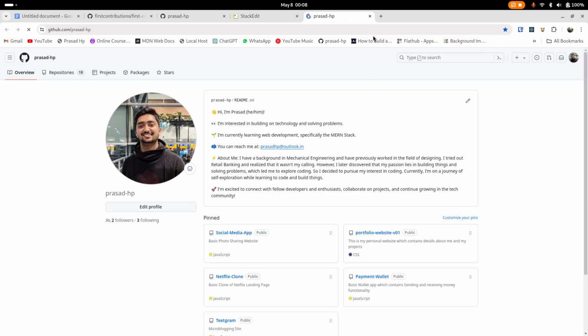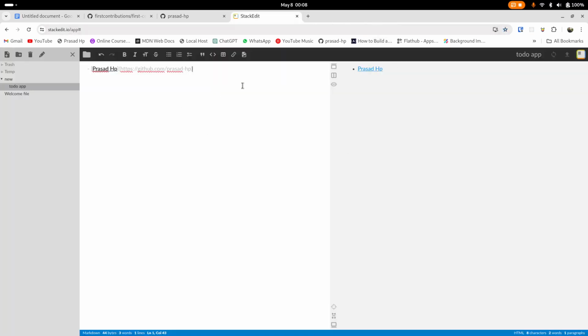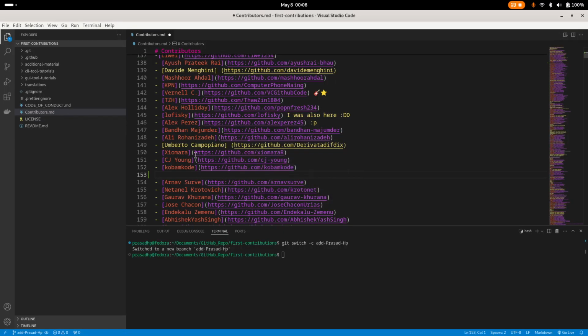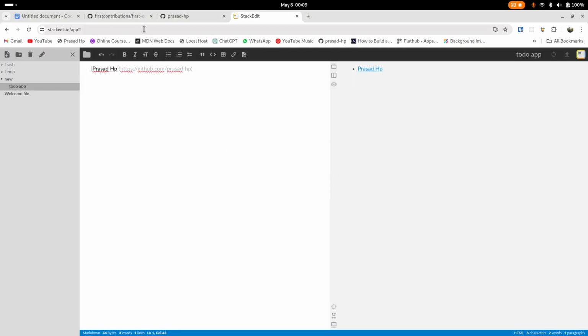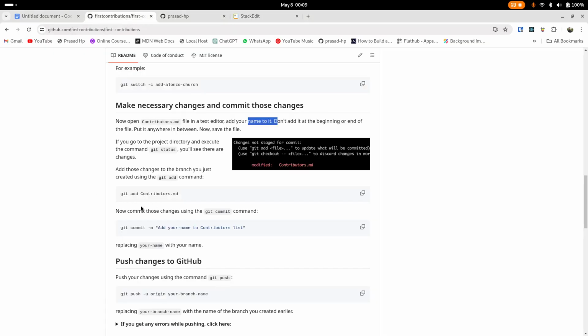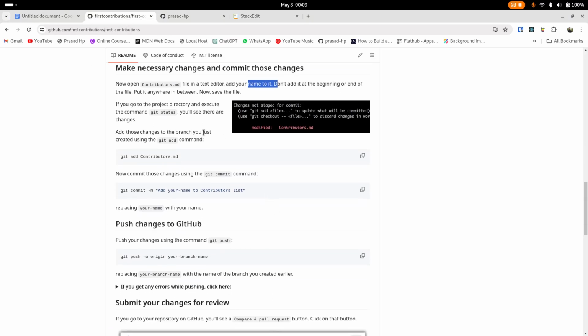the GitHub link. Okay, yeah, so I will copy this one from here and head over to VS Code. Yeah, here you can see that we have added the name. Okay, so I will head back to Chrome. Yeah, so the next thing is that we have to save the contributors file and add that contributor